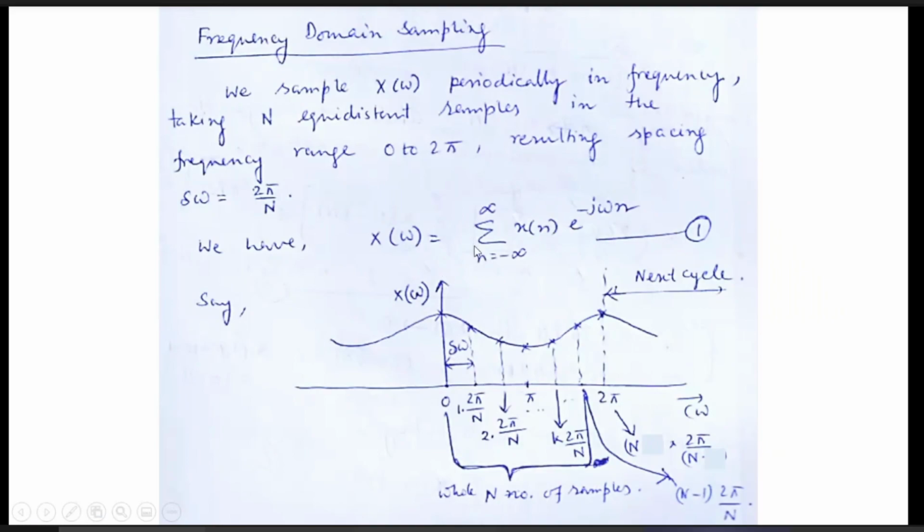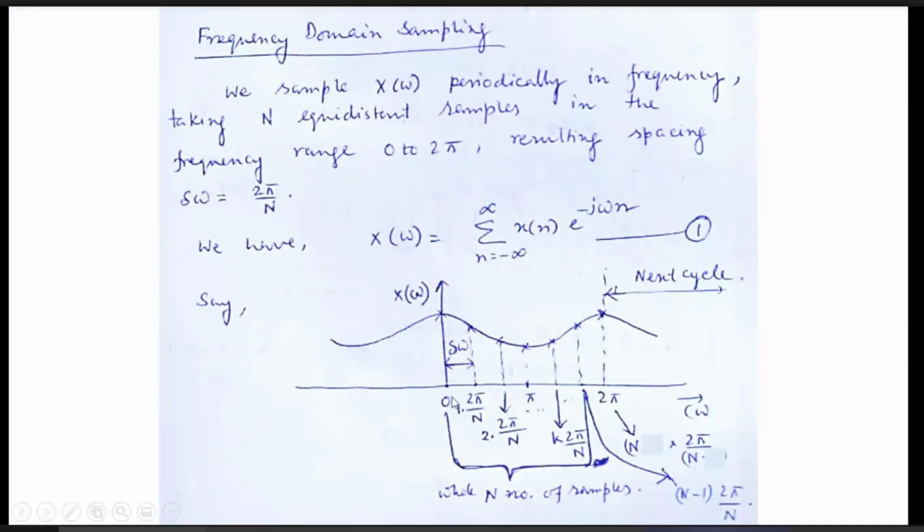X of omega is the DTFT. The DTFT of x of n is the summation from minus infinity to infinity of x of n e to the power minus j omega n. This is the Fourier transform of the discrete signal, and it is the DTFT. We get the DTFT as a continuous function of frequency, not discrete. And it repeats after frequency 2 pi, from 0 to 2 pi. At 2 pi it again becomes the same. So if